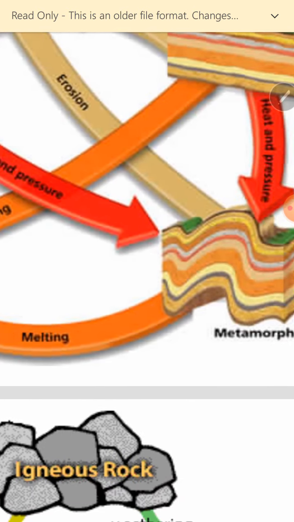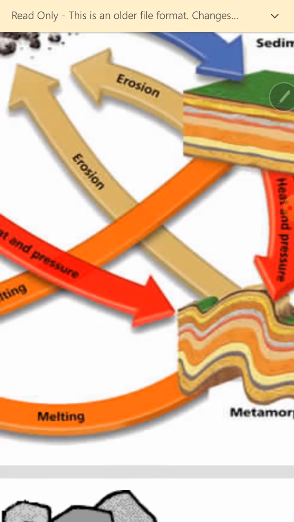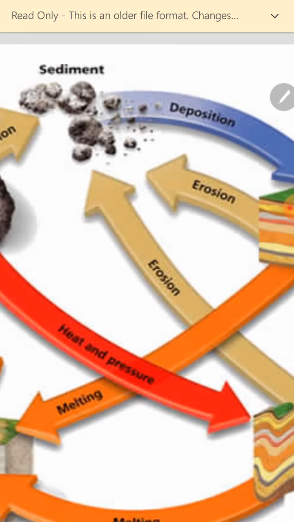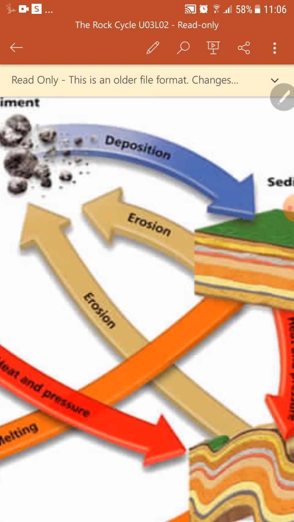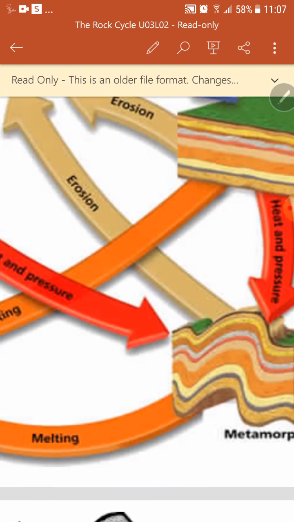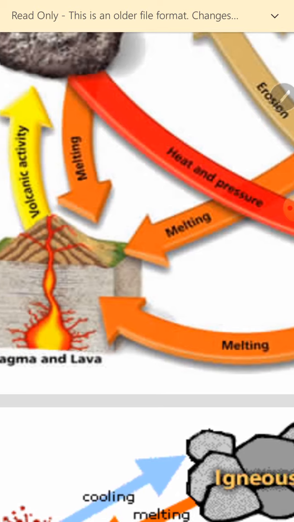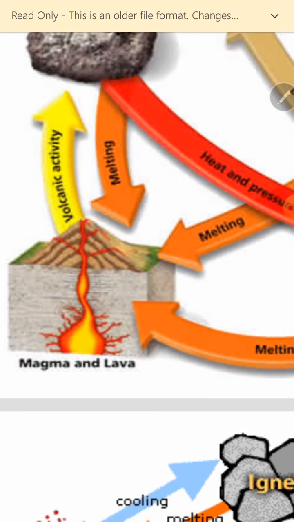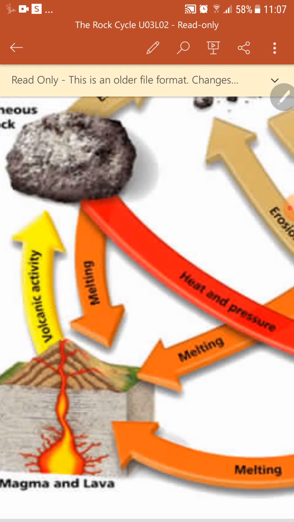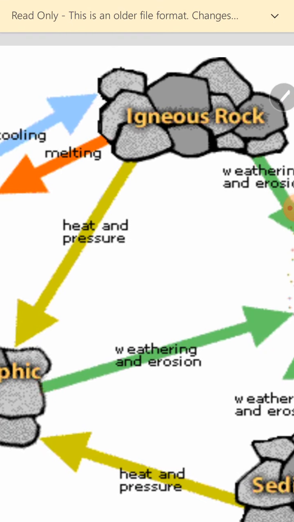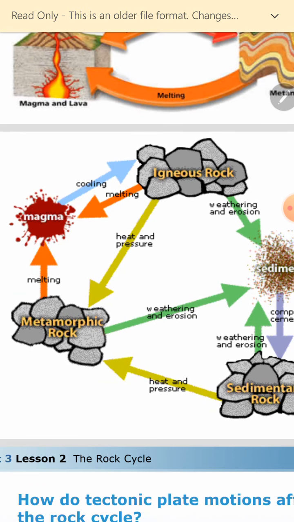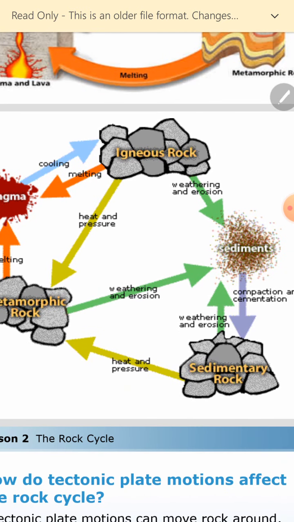That's it. The metamorphic can undergo erosion. They mean weathering and erosion. They didn't write it, but it has to be weathering, then erosion, to be sediments, then after deposition it becomes sedimentary. Also, the metamorphic, if it melts, then cooling from the volcano, it can become igneous, and so on. Here also you can choose which is easier for you. I put both. You can choose which is easier.